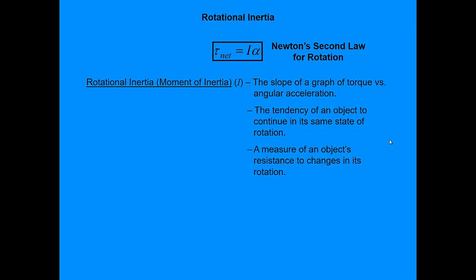It's a measure of an object's resistance to changes in its rotation. How hard is it to get it to angularly accelerate, right? Since angular acceleration is the rate of change of angular velocity. Or if you wish, it's how hard it is to start it or stop it, right? Get it started or stopped. The same way that mass functions linearly, rotational inertia functions this way